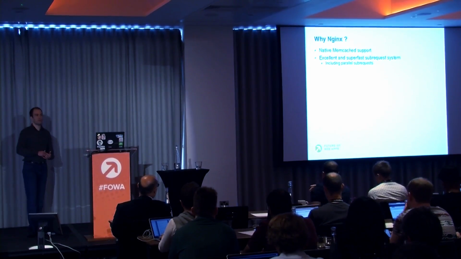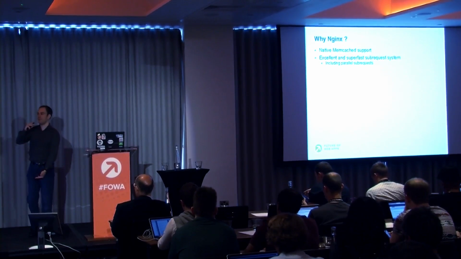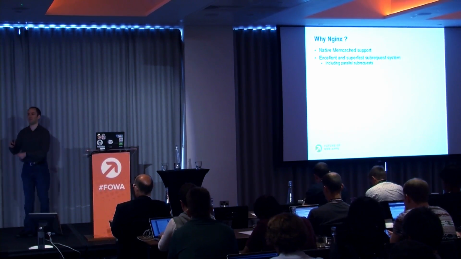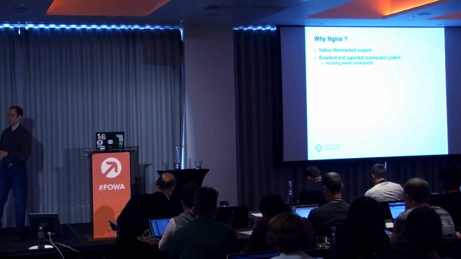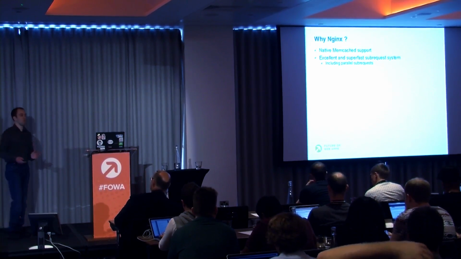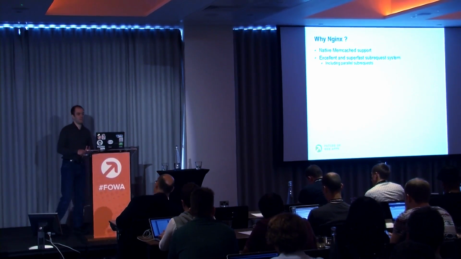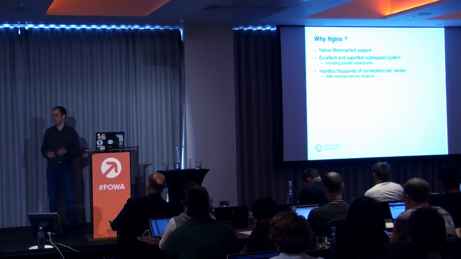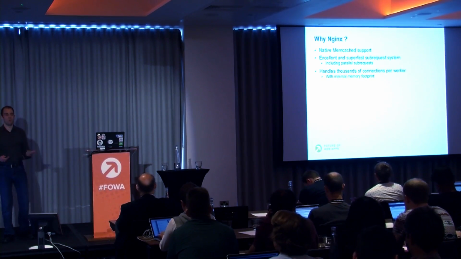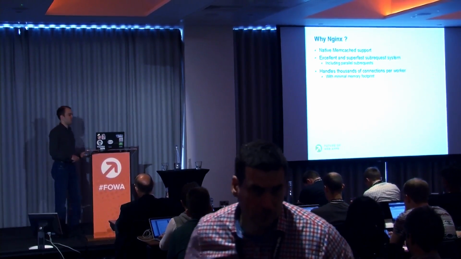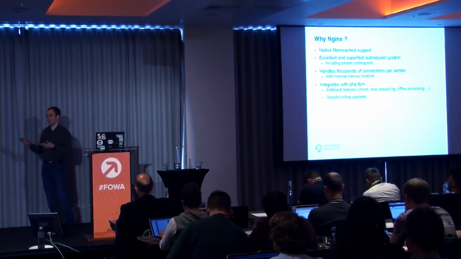So if you have 20 Slick include blocks, each one of those will fire up a separate sub-request, and they will run in parallel, which means that it's super fast. You can use multiple cores on your CPU, and it will just be incredibly fast. And it can handle thousands of connections at the same time and hardly use any memory, which is a very nice thing to have as well, of course. For us, because we use PHP a lot, it integrates with PHP-FPM, which allowed us to do slow request logging, and we could do offline processing and stuff like that.